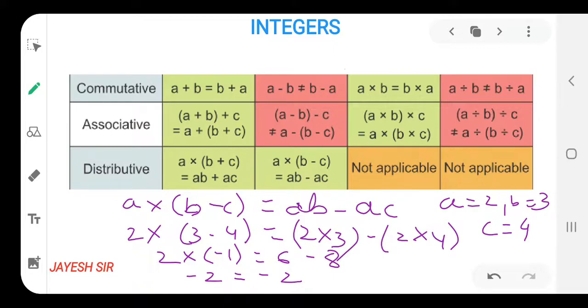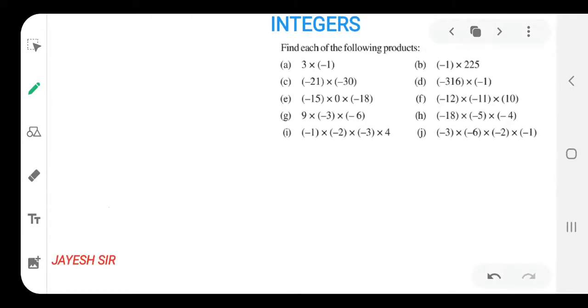Yes, friends, here also we have verified the distributive property, how it is useful to us and why we need to understand the property. That is what we are going to learn. So let's see further in my video. We will find this much amount of sums and find their values today, so this video is going to be a little bit longer.